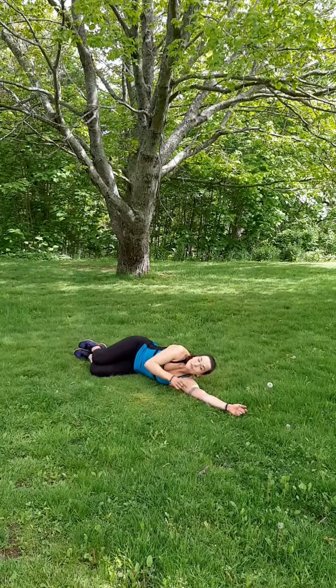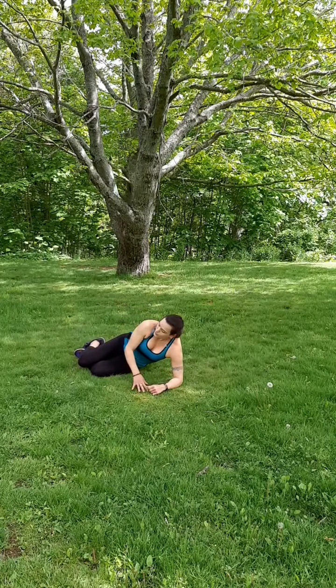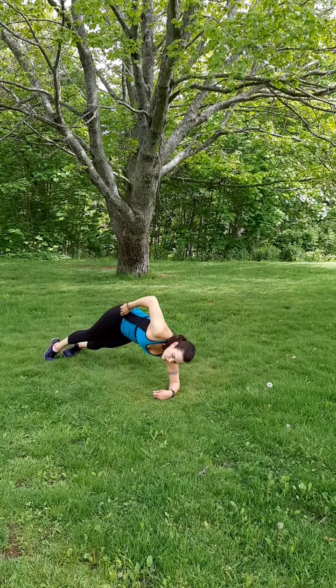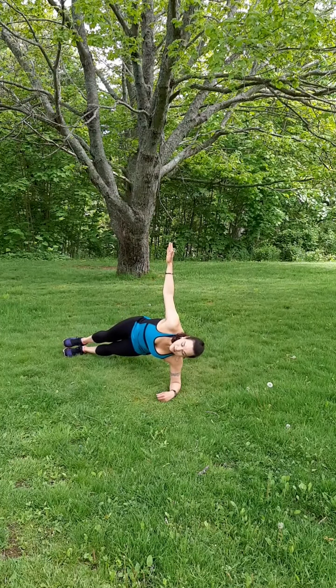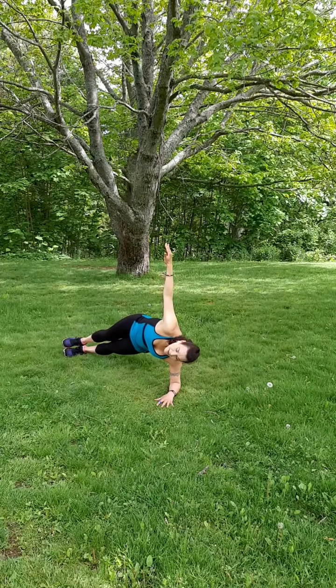Now you can come into repetitions of that movement if that's what's most comfortable for you, or come with me up onto the elbow and the bottom knee, reaching up toward the sky or bringing the hand to the hip, or onto the elbow and the bottom foot. Suck your belly button toward the spine, press your bottom elbow down into the floor. Hold here, shoulders are down away from the ears as far as they'll go,